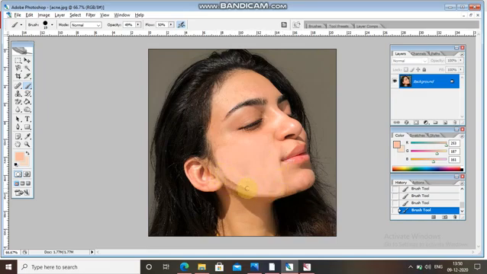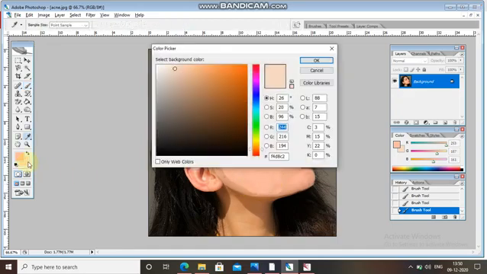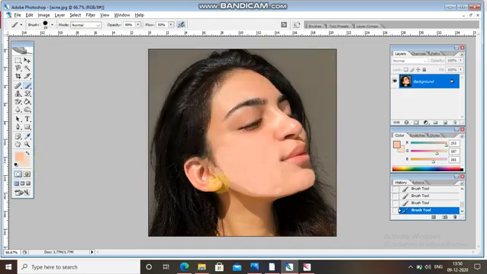Here the color of the face is a little bit off. Okay, so till here you can do this. See, choose this color.